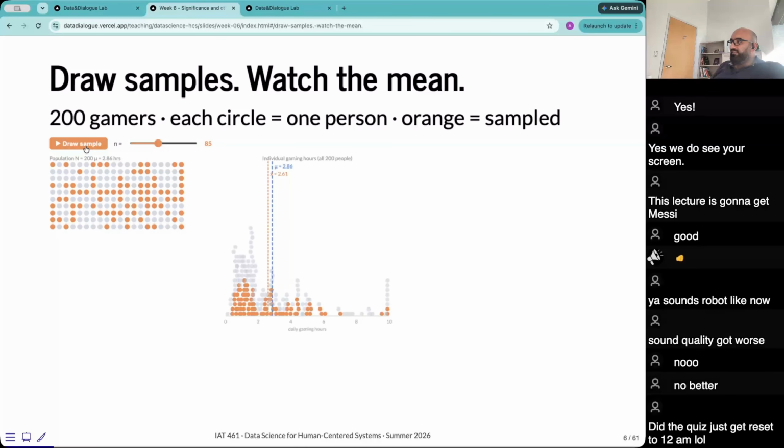See, it gets closer to the actual value because we take more at random. We know that the more we take randomly, the mean of the random sample would get closer to the mean of the population. That's a very important concept that you want to understand. That's why they say increase the sample size.